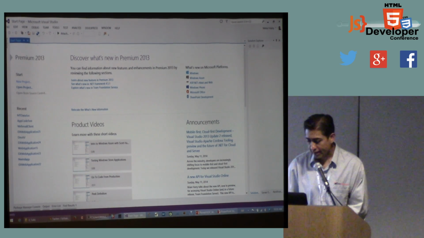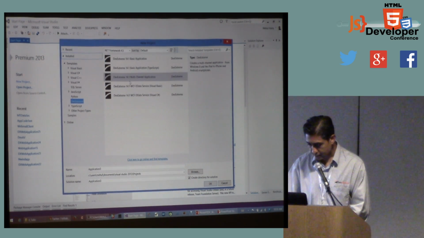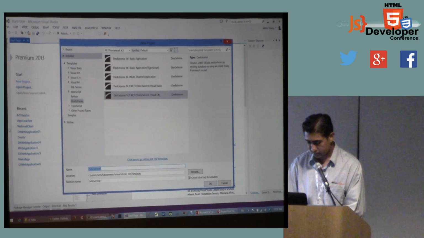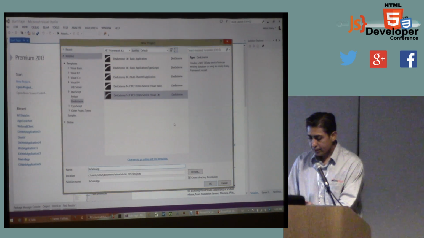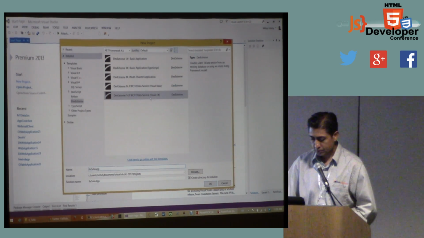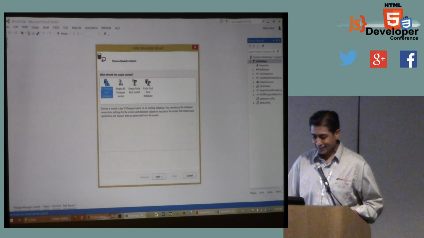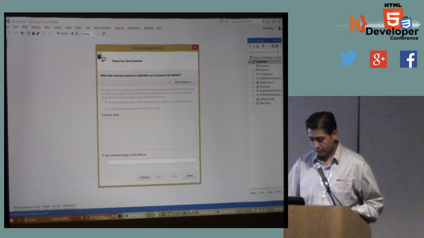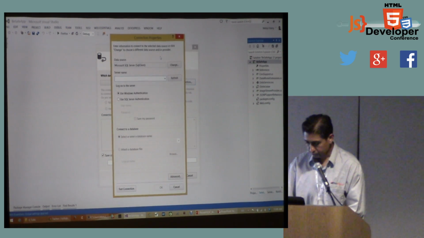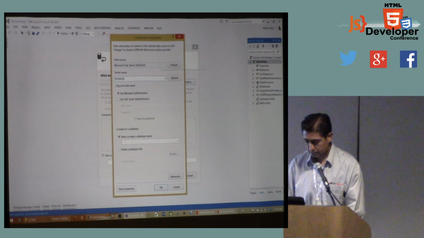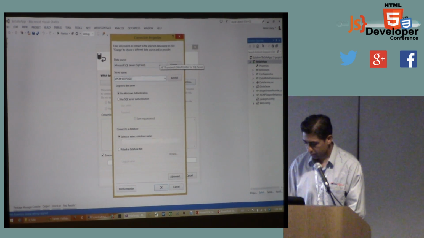All right, so let's say I have some data. The city of San Francisco makes available a set of data, and I'll show you in a minute. Let's call it something like Be Safe app. So in VS, we've got these file templates, and it's going to create this WCF OData service. Now, it sounds all scary, but don't worry. It's all wizard-driven so far. So here you basically connect up.